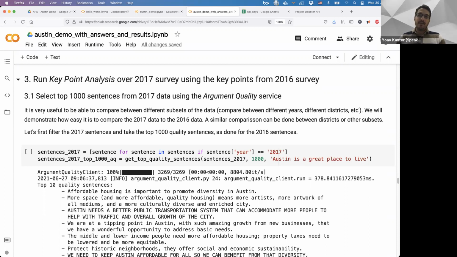Okay. After automatically extracting the key points, it takes all the sentences in the data as is and matches them to the key points. The coverage says how many were actually matched to the key points, but the sentences are the sentences from the data.